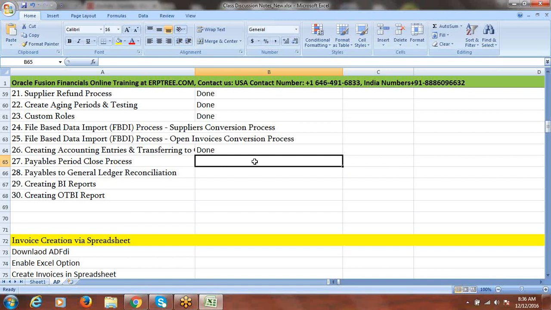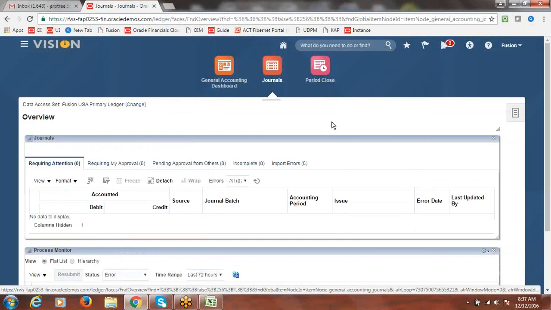That's how it works. But when you talk about Fusion, you no need to remember all what needs to be done. They're all given as one set of jobs, in a separate list related to period close. We'll go and see that. If you want to see what activities you have to perform as part of period close, go to the application, go to navigator,